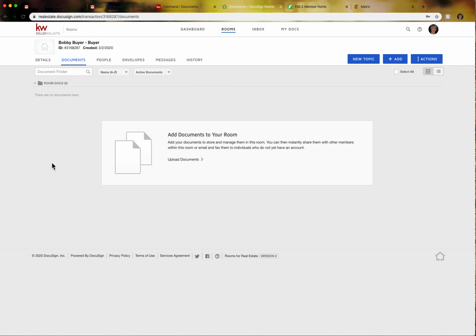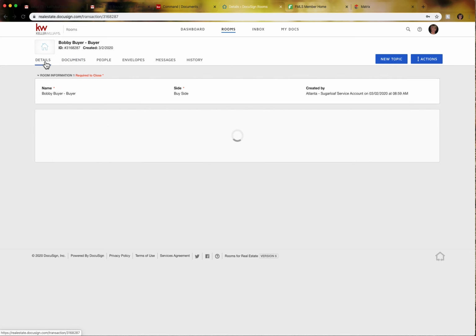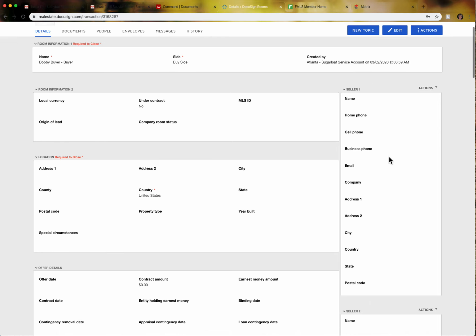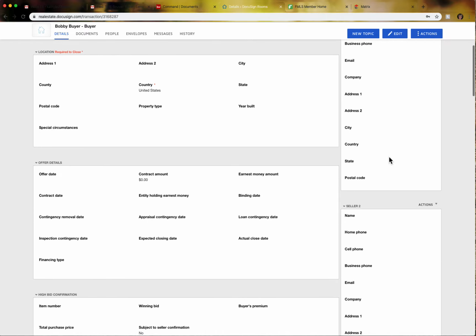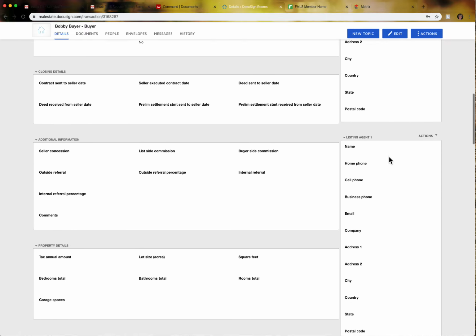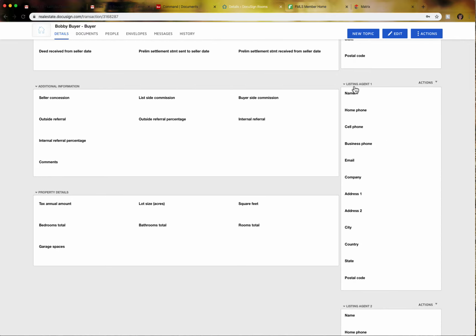So I can then come over here. This is actually the room where your documents will live, but one thing I want to show you is this details page. Now, completing this details page is actually really important. It's just going to help you pre-fill your things that are required within the documents, especially if you have the listing agent's name,